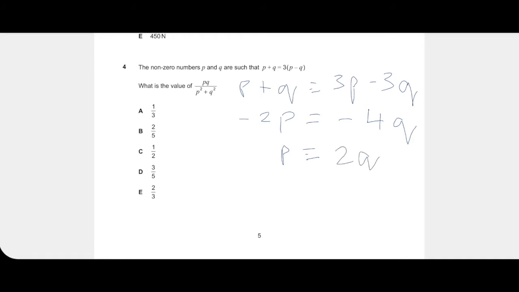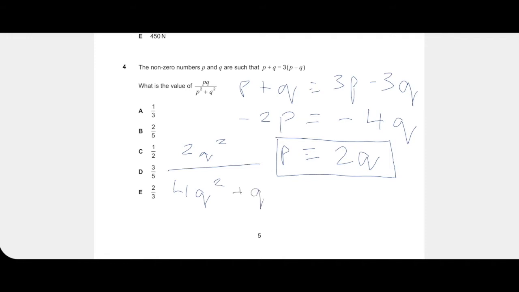2q. Now this is a very important piece of information, because now I could substitute every p in the pq over p squared plus q squared equation with 2q, and that's exactly what I'm going to do. So pq is equal to 2q squared, so 2q squared over p squared, so p squared is open bracket 2q close bracket squared, which is equal to 4q squared,